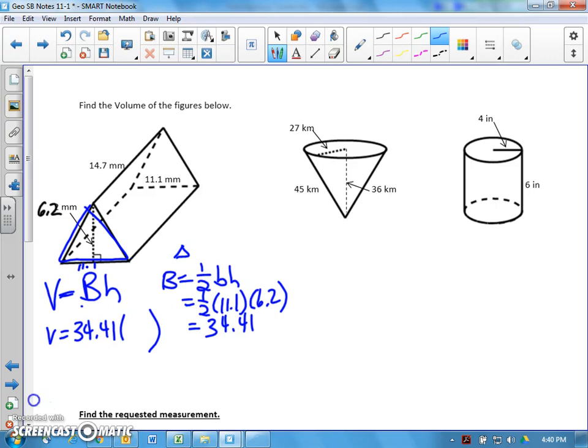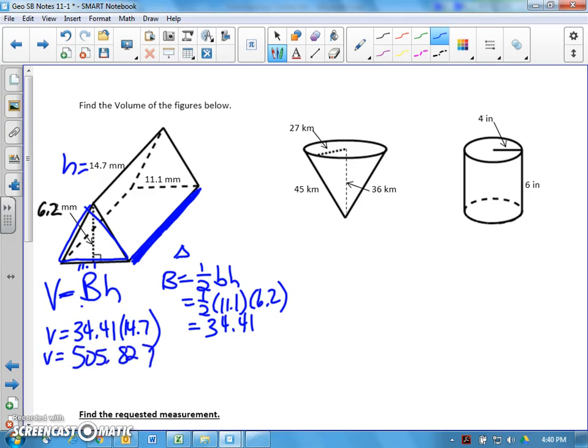Since the base is the triangle, I'm looking for something perpendicular to the two triangles, and it's going to be this segment right here, which would be the same as this 14.7. So that's going to be our height. Once we've done that, we can multiply these together and get